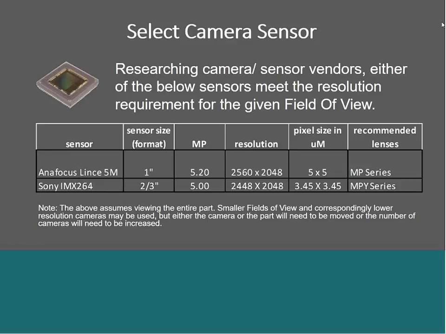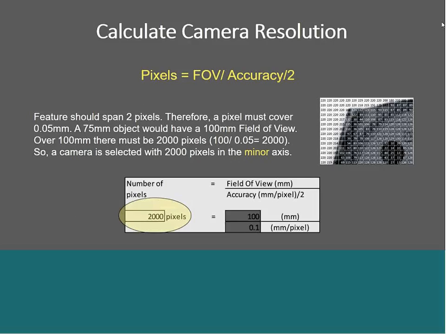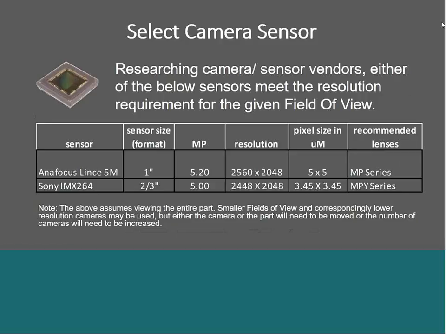I forgot to mention that 2,000 pixels must be in the minor axis, so we need to be the most restricted. These sensors are both megapixel cameras nominally, and they both have at least 2,000 pixels in the minor axis, but different pixel sizes. One has a 5 micron pixel size, and the other has a 3.45 micron